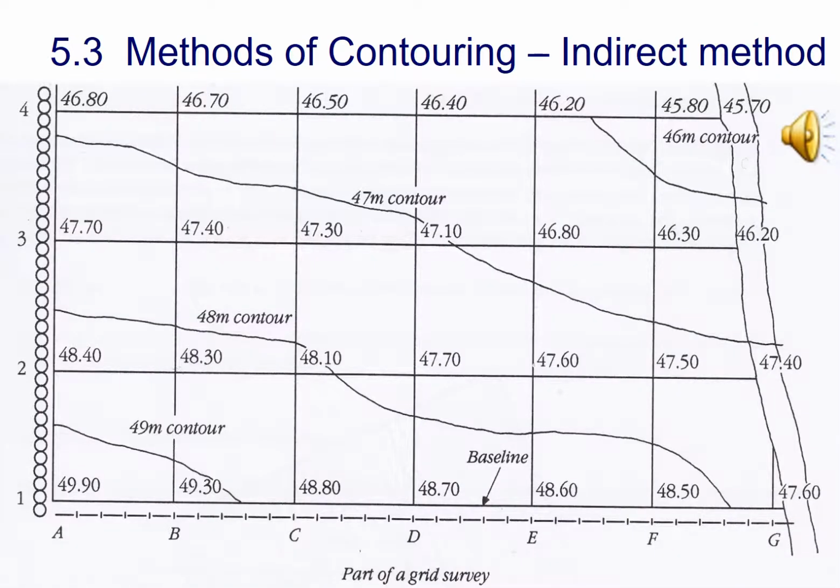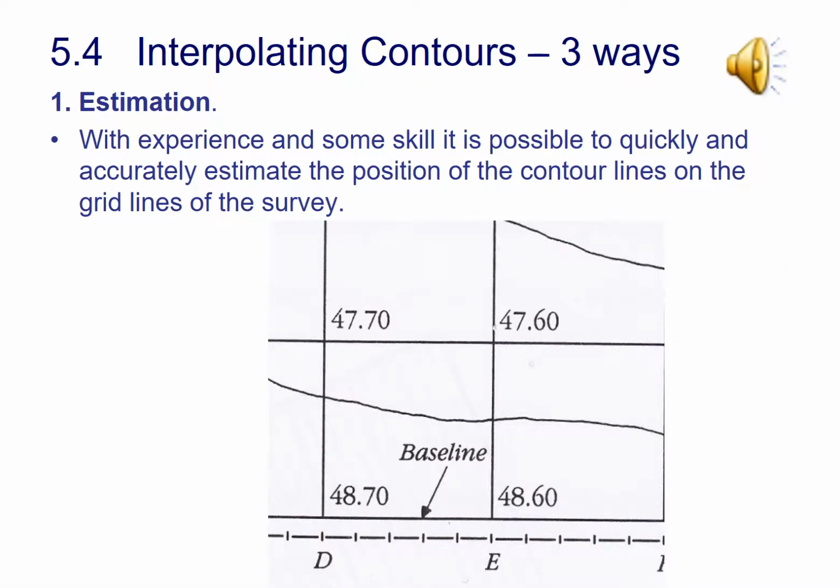This diagram or plan drawing shows how some surveyors have set out the grid. So you see they have a baseline along the bottom between grid A1 and G1, and then they've offset at 10 meters a series of grids, and they've taken spot levels at each one of those intersections. I mentioned that you can interpolate between the grids either mathematically or graphically, but the first way you